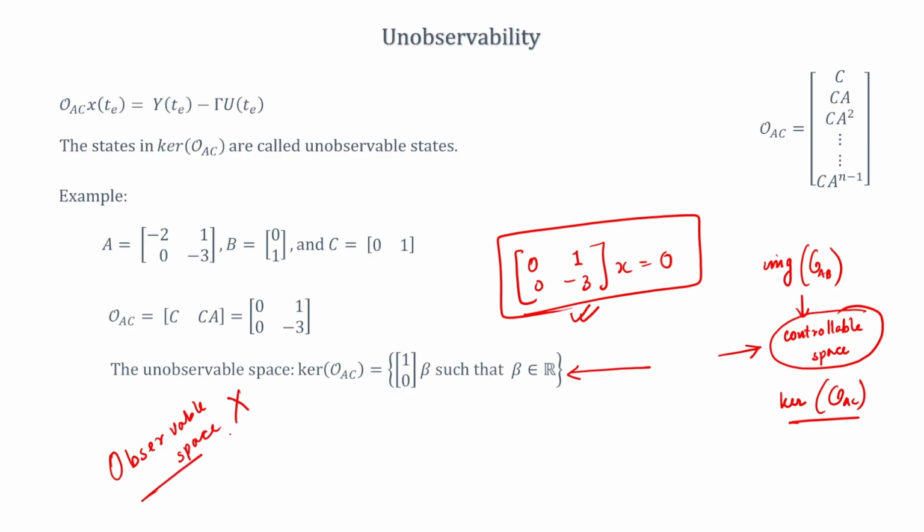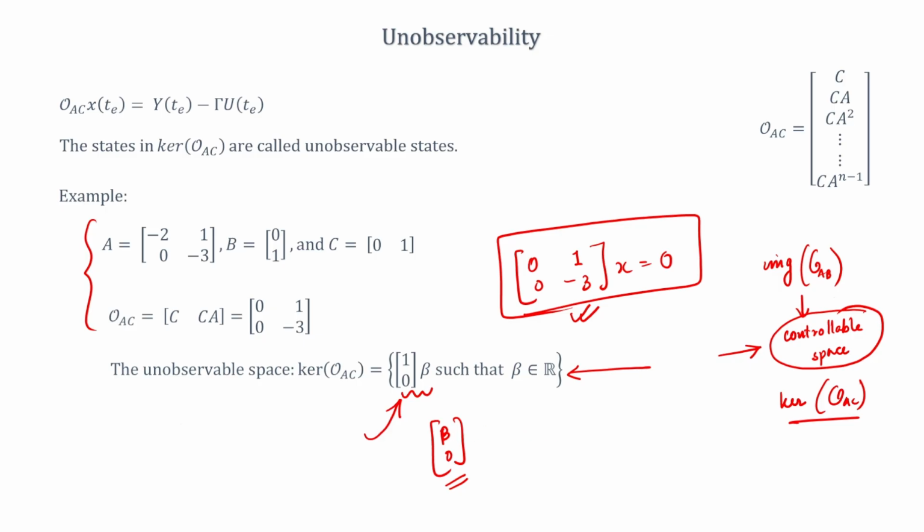If you take two observable states and add them together, you might end up in an unobservable state. However, if you take two unobservable states and add them together or take linear combinations of them, the new state that you get will also be unobservable. What do you mean by unobservable? It means that if I take any element, so for this example, suppose I take any initial condition of the form [beta; 0],